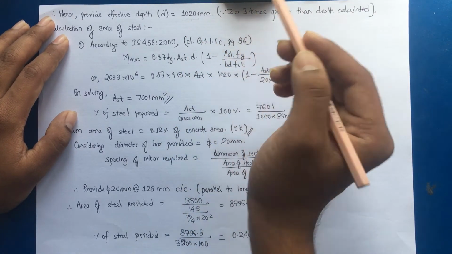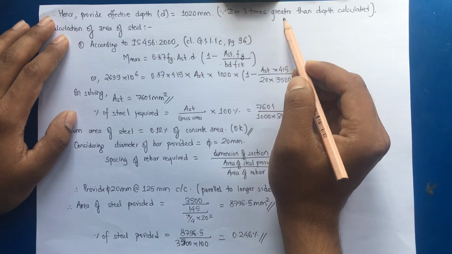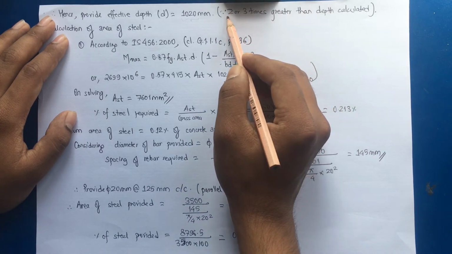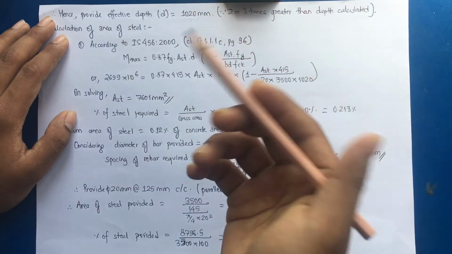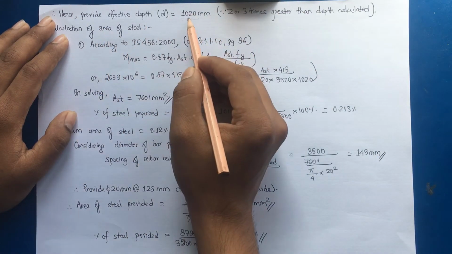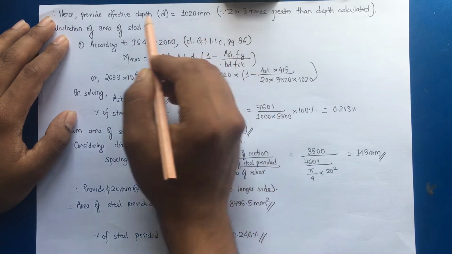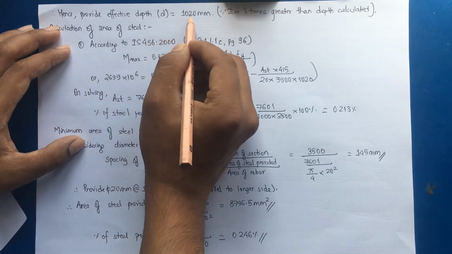Basically the value that we have calculated is sufficient for the bending moment, but we have to check for the one-way shear and two-way shear as well. So it is better to provide 2 to 3 times greater than the value we have just calculated for one-way shear, to reduce our time. For now I'm just taking twice the value, so nearly about 1020 mm as the effective depth. So the depth provided is 1020 mm.